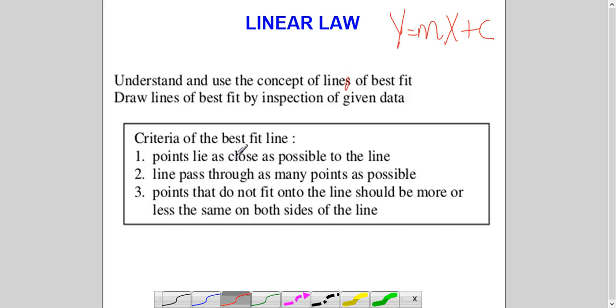Now, line of best fit means when you are plotting it, all points may not be lying on the line. Some will be very close to the line. You have to put a line in a manner which is very close to most of the points. If any point is far away, we may call it an incorrect point, and questions come around it as well. So points that do not fit on the line should be fewer compared to those which are on the line.